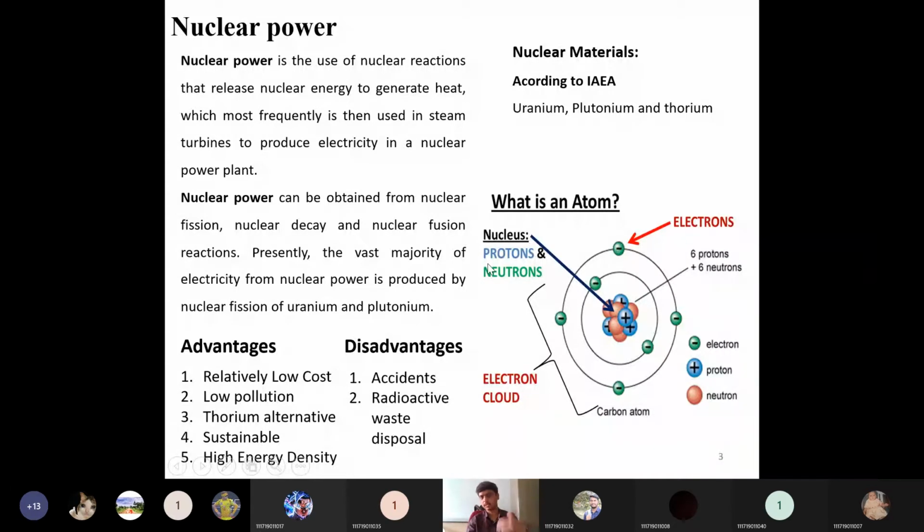From the nucleus, neutrons, protons and electrons, we can define an atom. An atom is composed of a positively charged nucleus. The nucleus is composed of protons and neutrons. Protons are positively charged and neutrons are neutral, so the net charge of the nucleus is positive. The atom is composed of a positively charged nucleus with a cloud of negatively charged electrons surrounding the nucleus. It is bound together by electrostatic force.